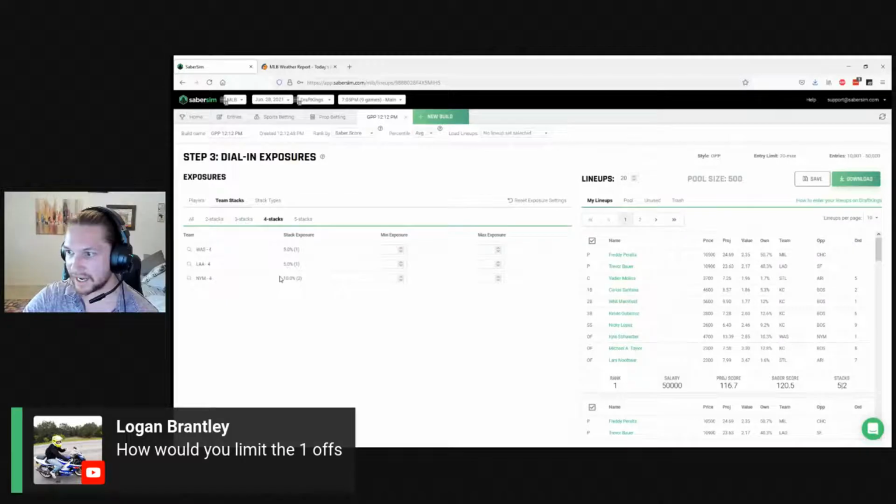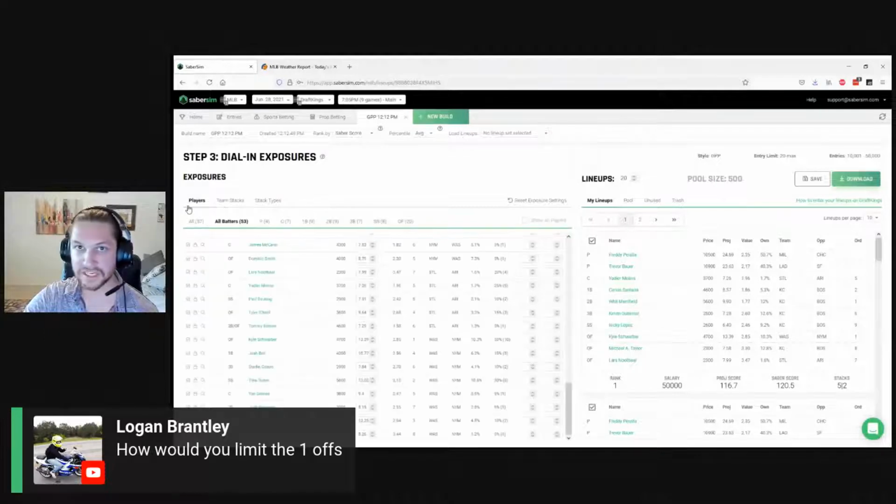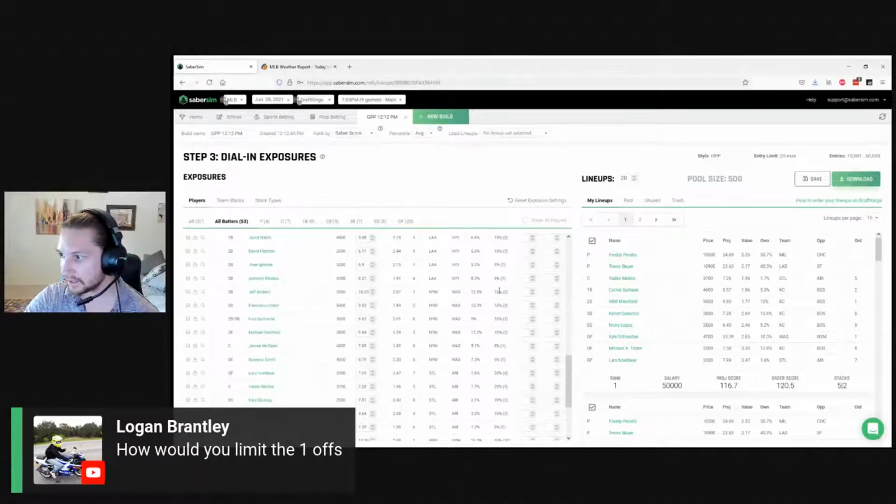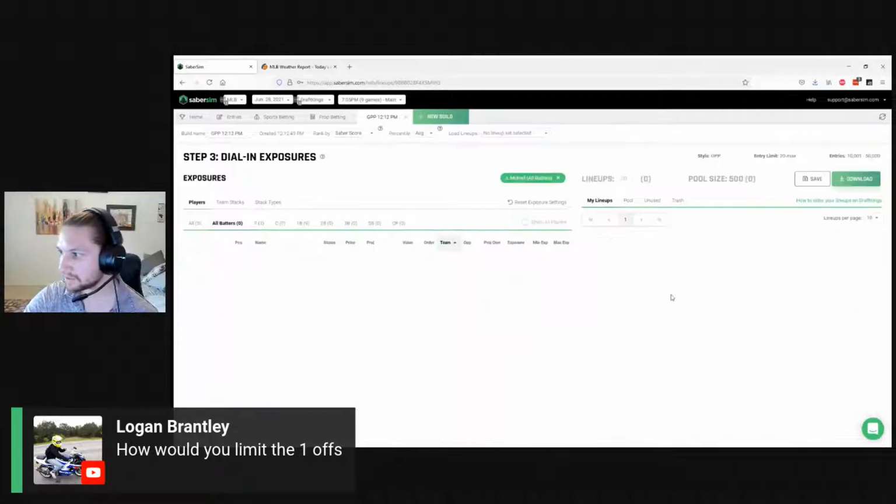So we have 10% of our lineups in Mets 4-stacks and 5% in 5-stacks, right? So we have 15% stack exposure to the Mets. And then if we look, okay, so no player is exposed more than 15%, right? So even if someone like McNeil is used in 15% of our lineups, wait,